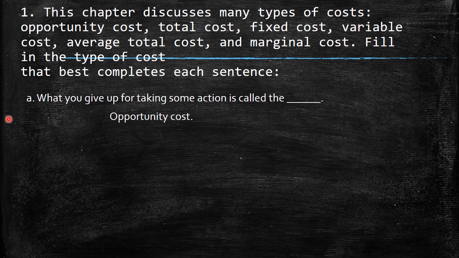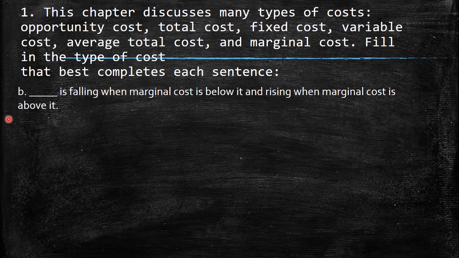Basically, remember that in economics, when we talk about opportunity cost, it means something that you forego in order to have something else. For example, the time that I'm recording this video, I can watch TV. So this is my opportunity cost in my case. For example, the other one says